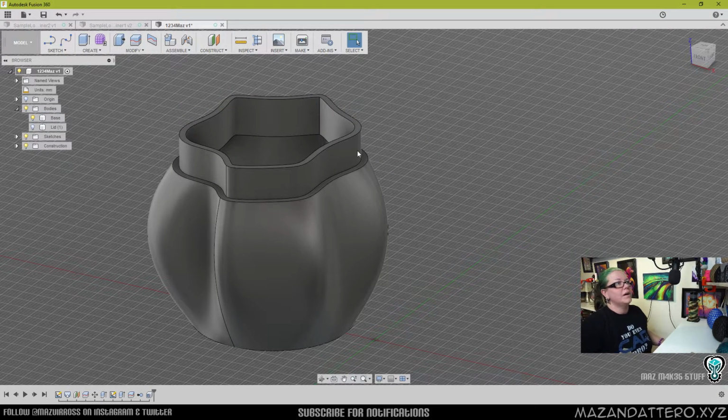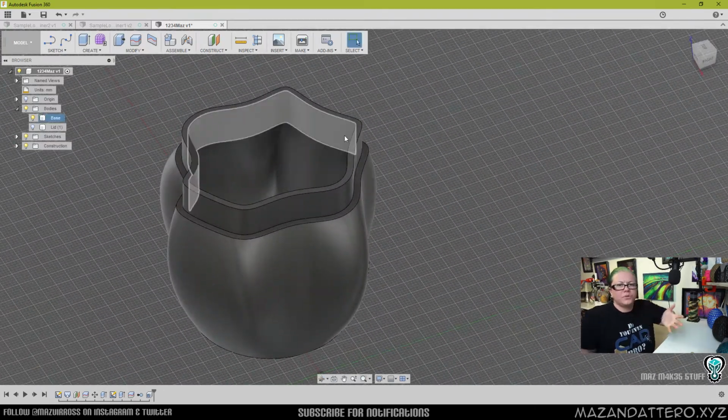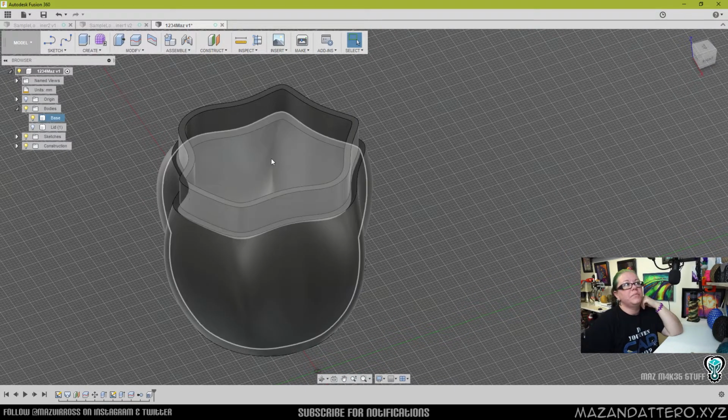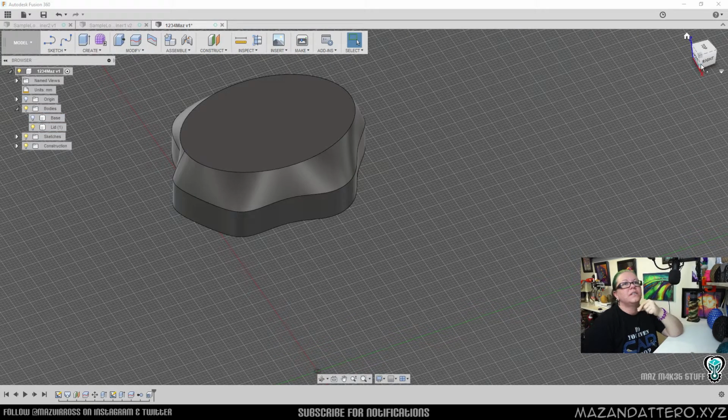So now what happened is the inside is hollow for us, right? Which is pretty cool. That was really easy. We really didn't have to do a whole lot to it, and it's got an interesting shape. So now we need to do the same thing to the lid, because technically the lid is still kind of